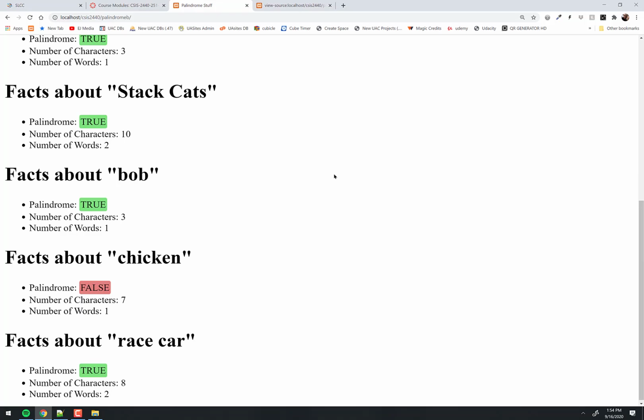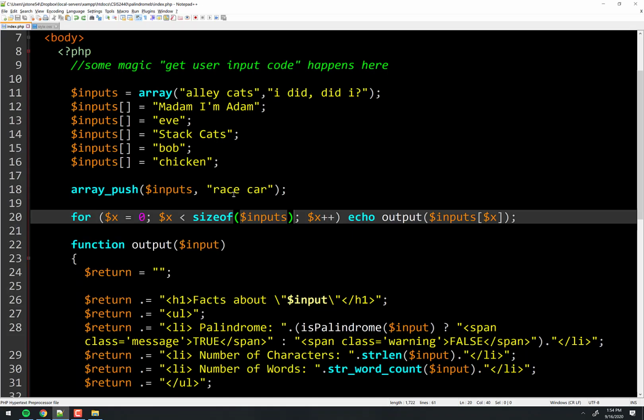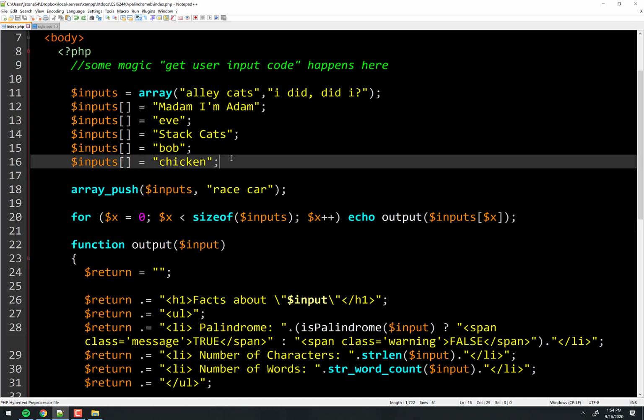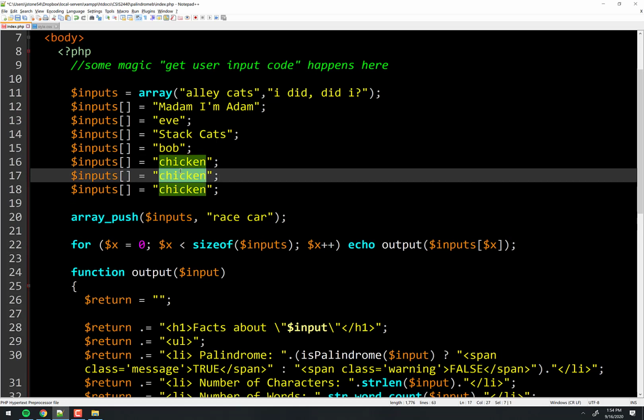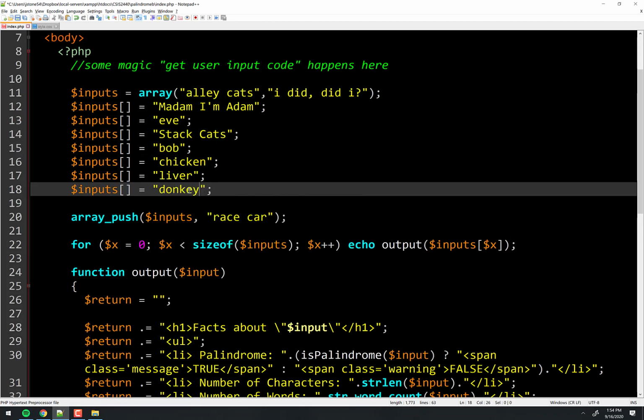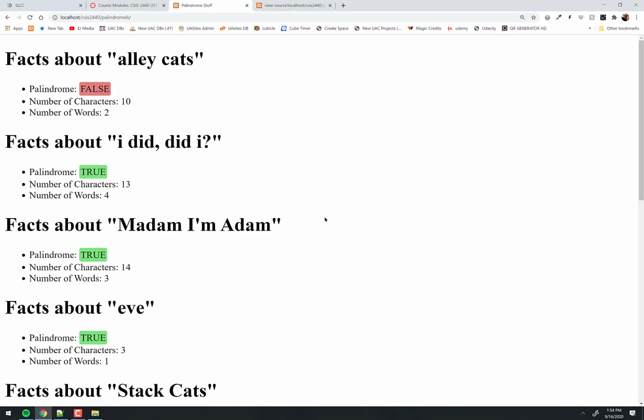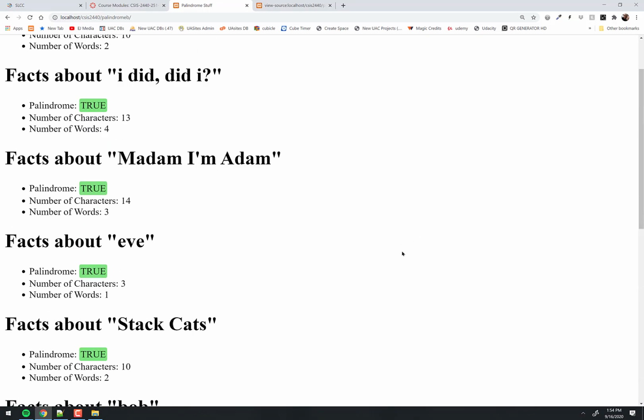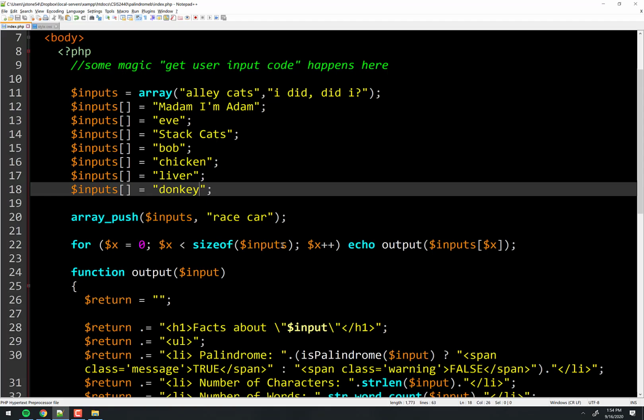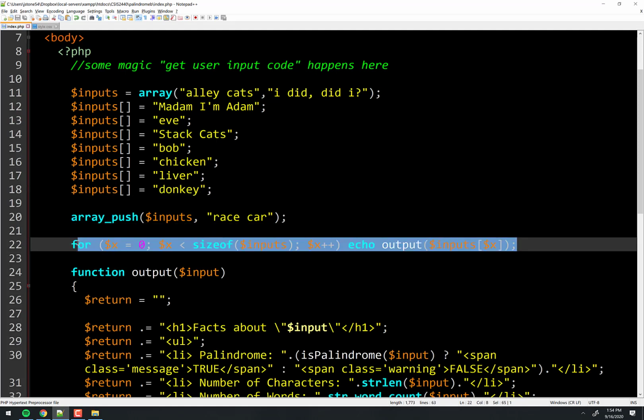But now, race car should be at the bottom, and sure enough it is. And if I were to add a couple more things like liver and donkey, whatever, just making stuff up, it magically just keeps adding them to the list, okay? So there we go. We've made a loop, and it's one line of code to loop